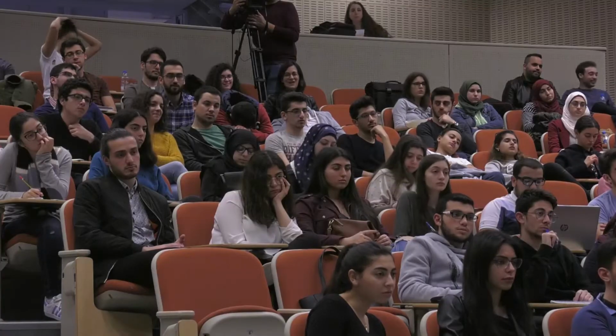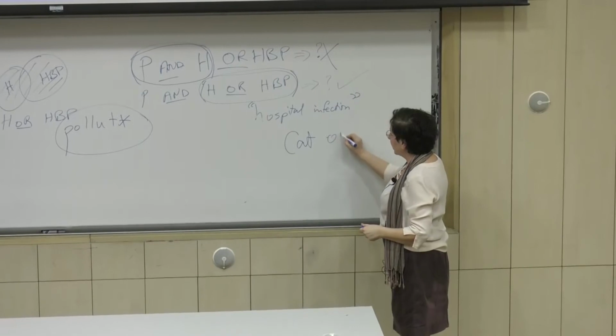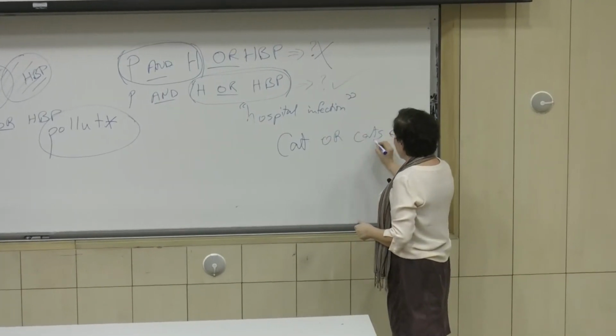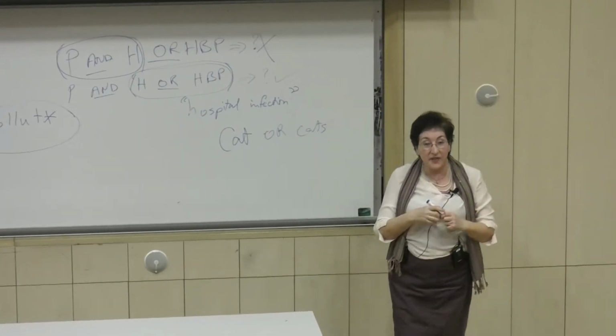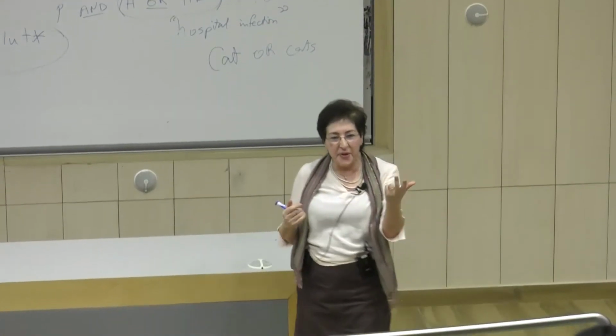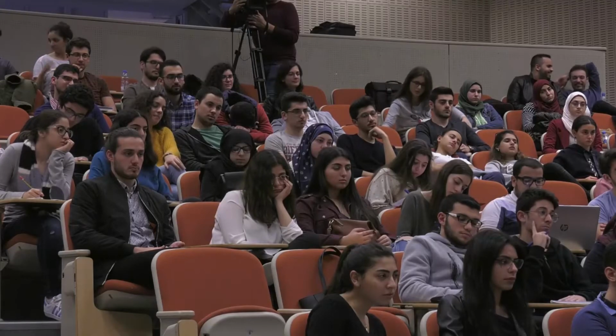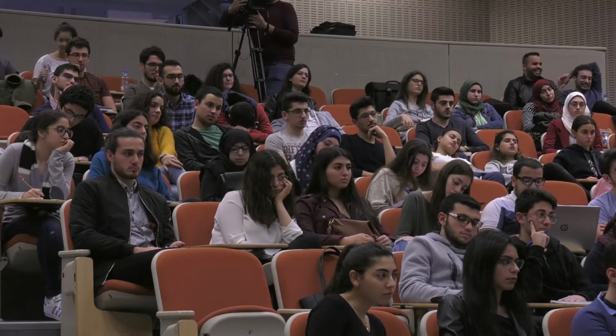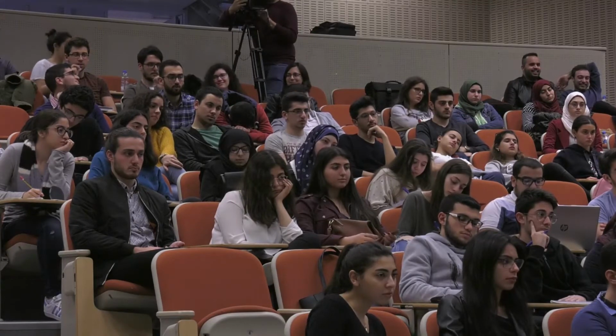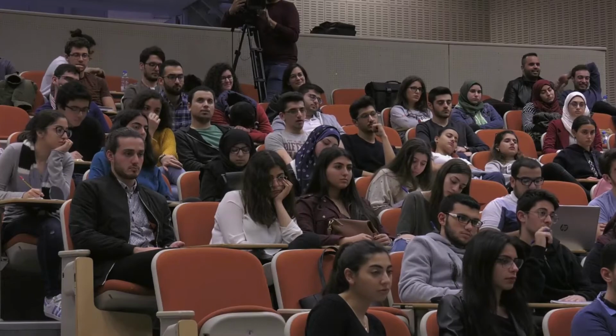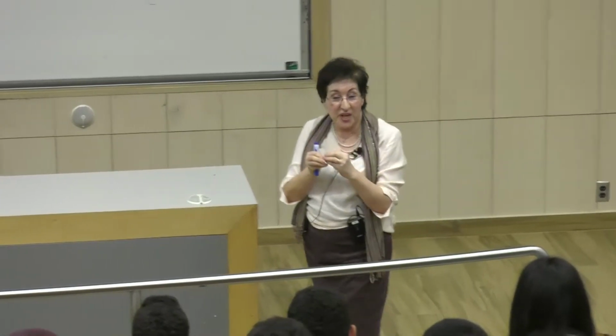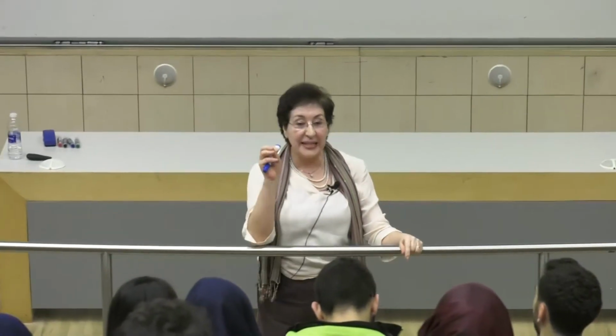So I will not truncate. I will say cat OR cats. And this way I will get all the relevant ones because I'm interested in either cat or cats. But I don't want the irrelevant ones: catalog, catamaran, catastrophe, catalyst, et cetera. So this will get me both the cat or the cats that I'm interested in without the irrelevant ones. These are the basic options that you really have to understand if you want to do good searches on practically